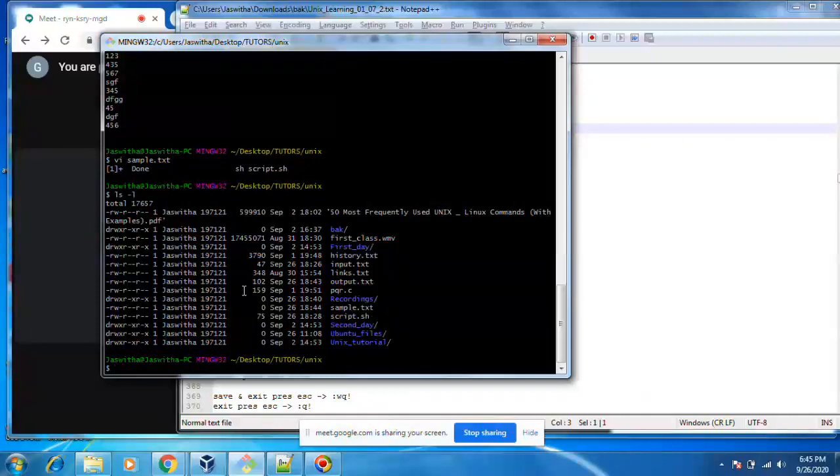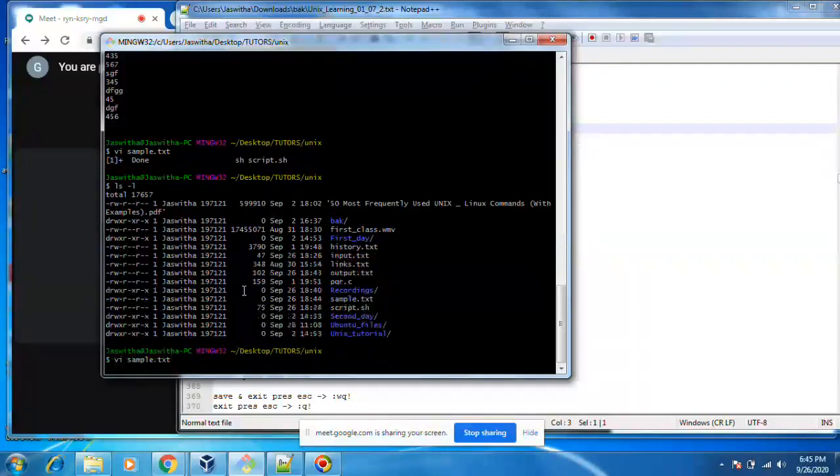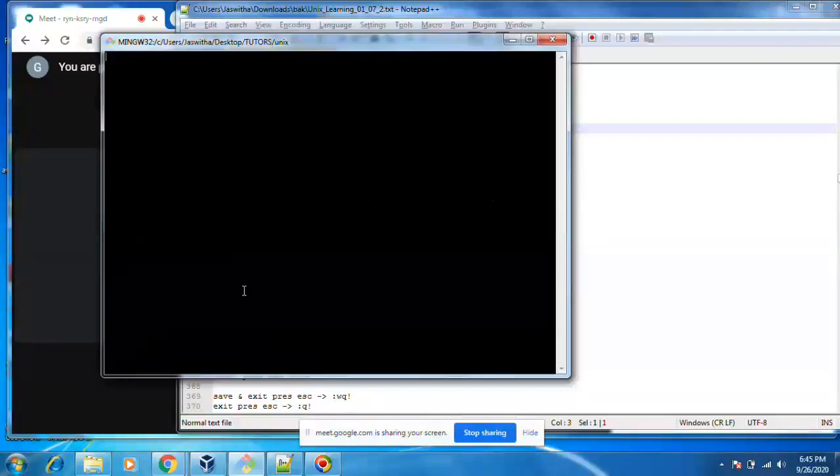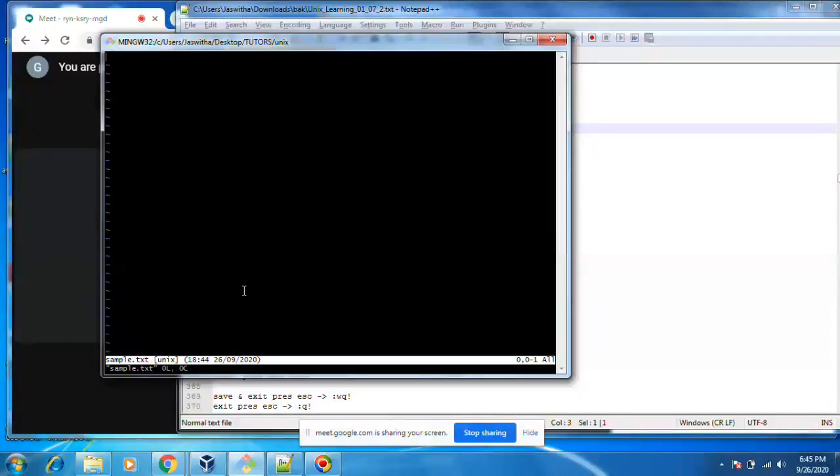Okay, I want to enter some data. To enter data in this file, press the escape button first. After that, press i for insert. You see, insert mode. After that only you need to add data. Okay, I want to display line numbers. Press escape, colon, set nu. It will display line numbers.